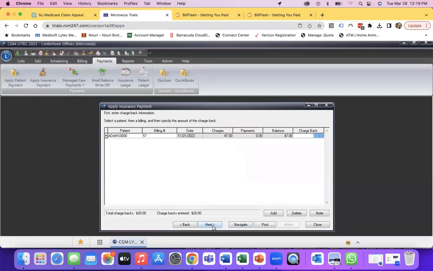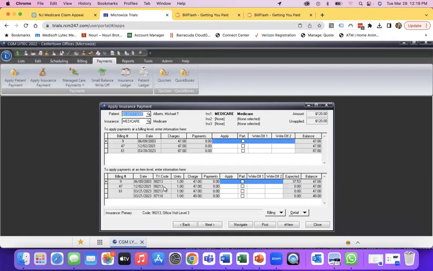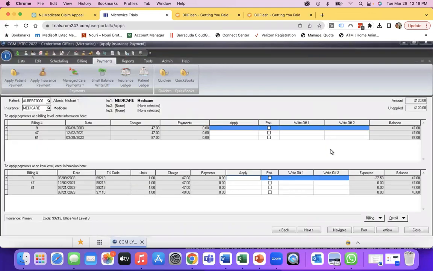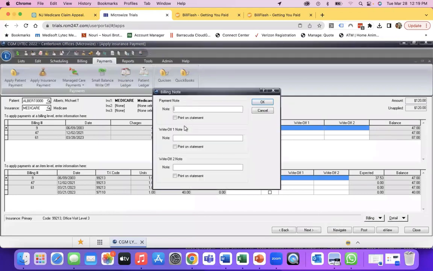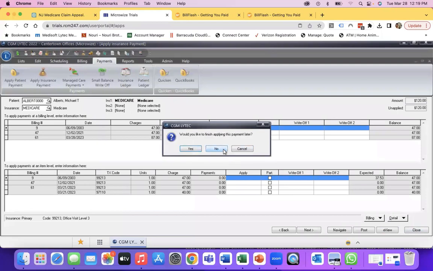Then I can go ahead and go to the next, and I start applying payment for other people here. So now let's say I have Albert, and now you have here the information. And over here, I can also have my billing note here, and I have my detail as you used to. Okay. Here I have a payment note, print on statement, a write-off note. I can print on statement, and a write-off note too, and I can print on statement. Okay, I'm going to close this, and I'm going to go to the next topic, which is